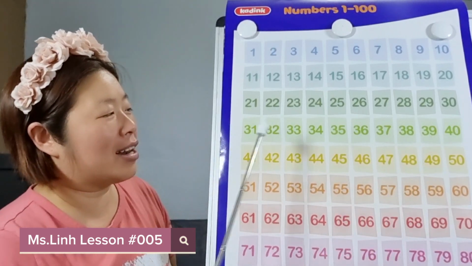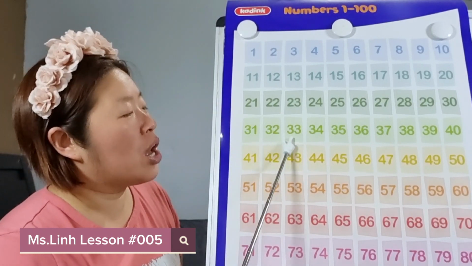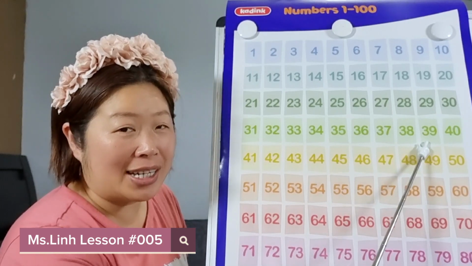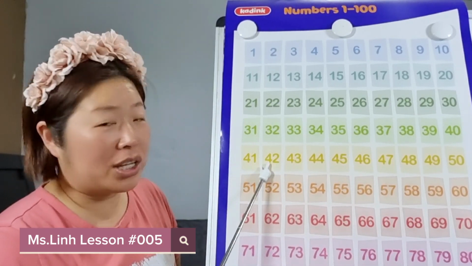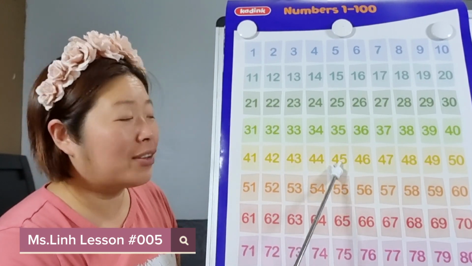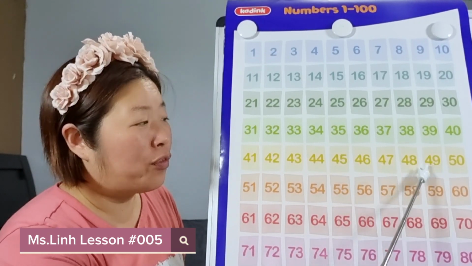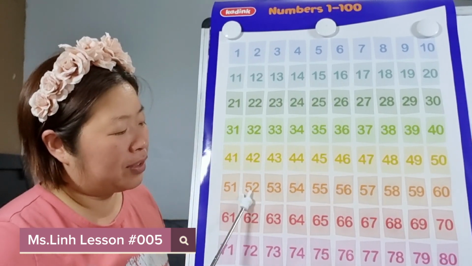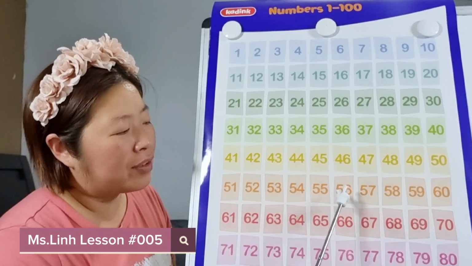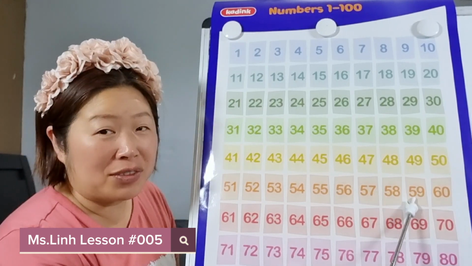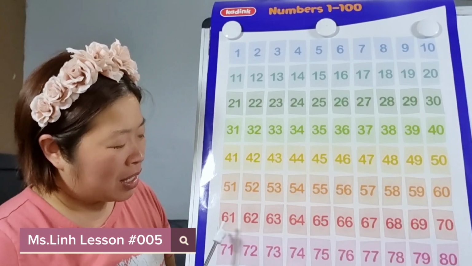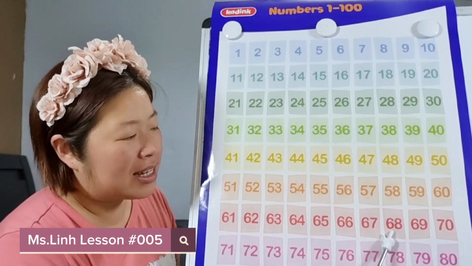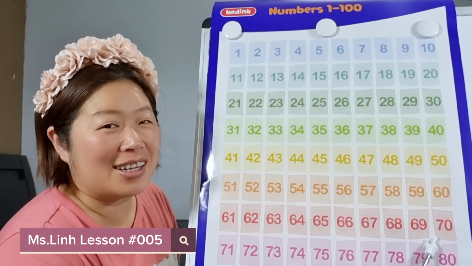30. Very good, 30. And then it's 31, 32, 33, 34, 35, 36, 37, 38, 39, 40, 41, 42, 43, 44, 45, 46, 47, 48, 49, and 50. Very good. 51, 52, 53, 54, 55, 56, 57, 58, 59, and 60. Good job. 61, 62, 63, 64, 65, 66, 67, 68, 69, 70. So after 70 is